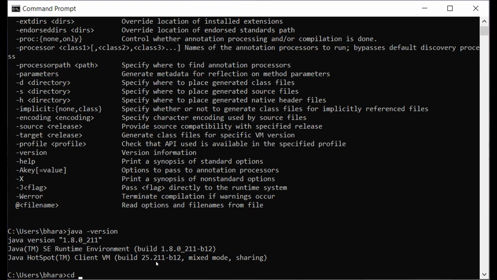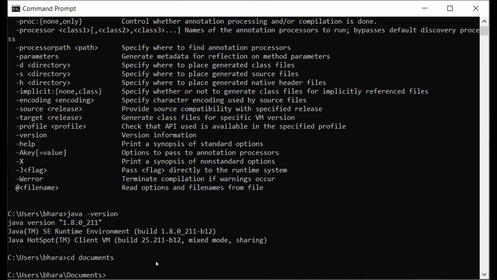In the C drive, under users and our name, the program is available in the documents folder. That's why I changed the directory here: cd space documents. In the documents folder the program is available.